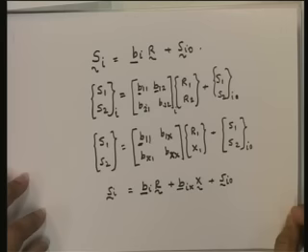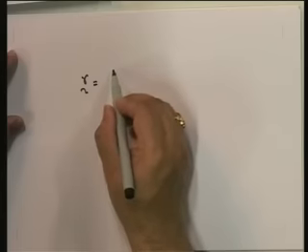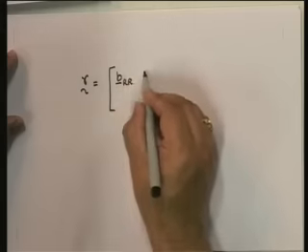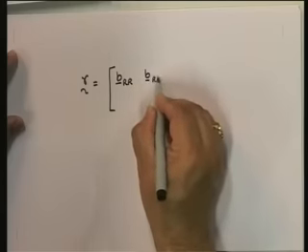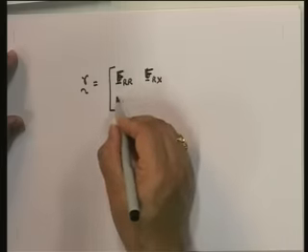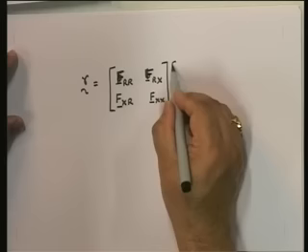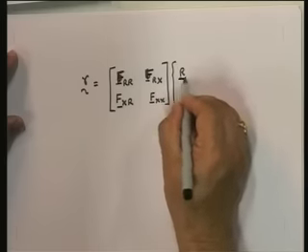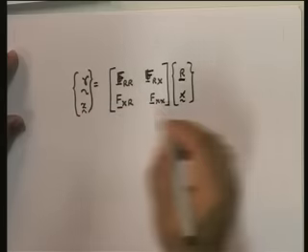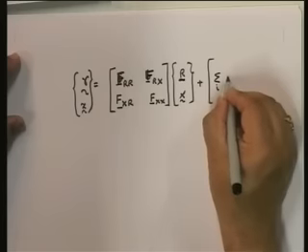I am going to say that r is equal to F_RR, F_RX, F_XR, F_XX, times R vector, X vector, plus, and then I am going to put inside all the standard items, which is